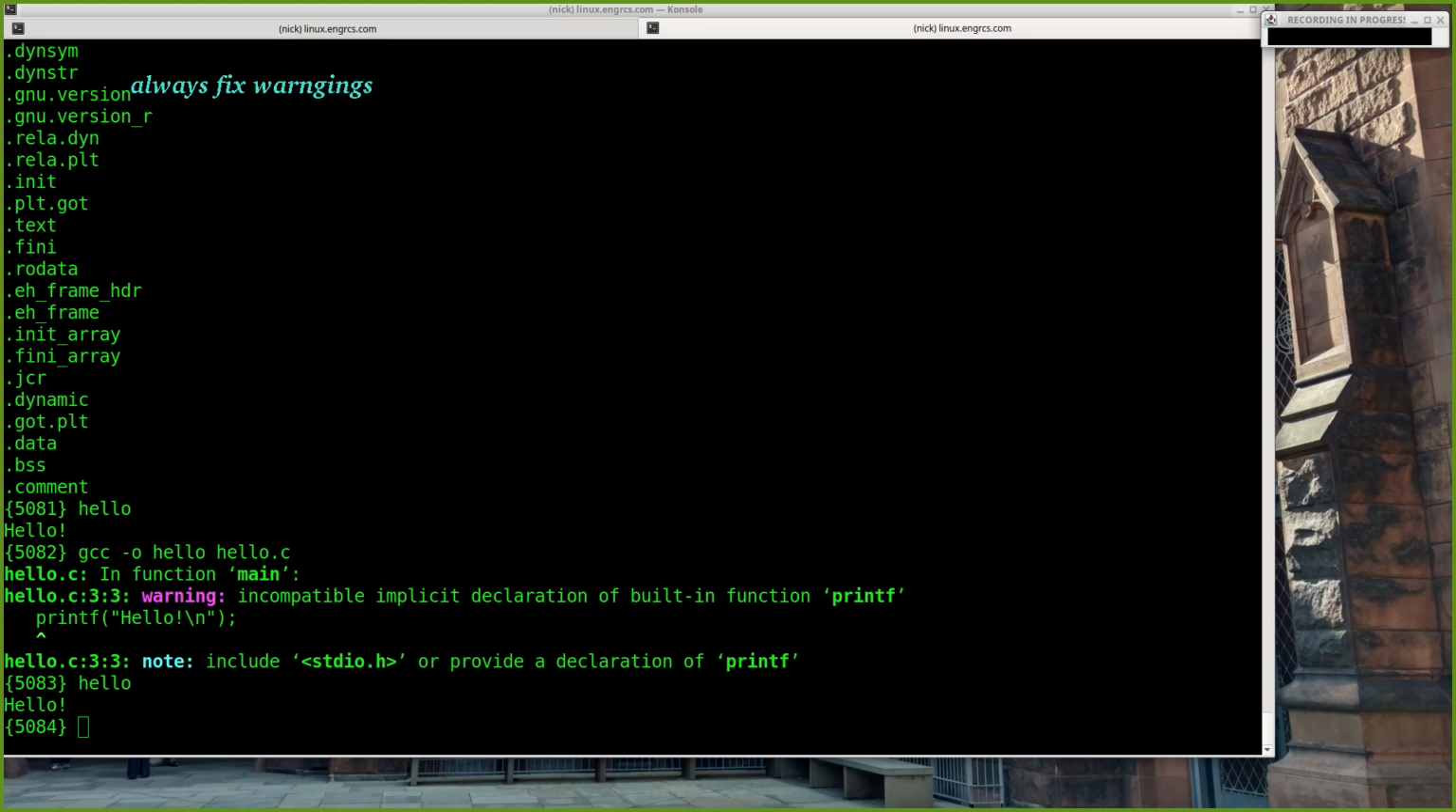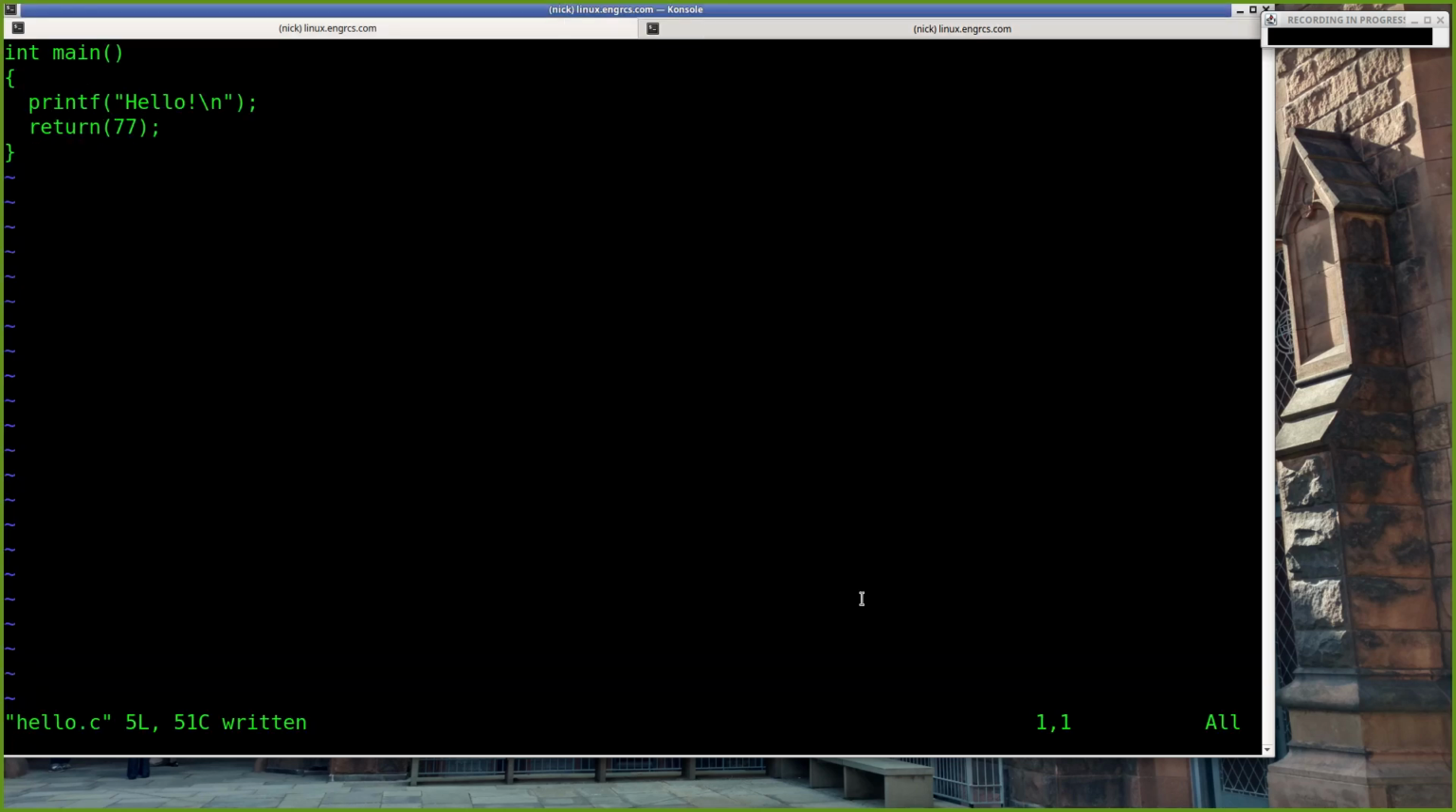So what's the warning here? Implicit declaration of built-in function printf. So if you remember in C, and we'll talk more about this later, when you write a function, you need to do what's called prototyping it. So if I make a function, integer my function, which takes a character argument that I'm going to call str, do stuff, return 12,